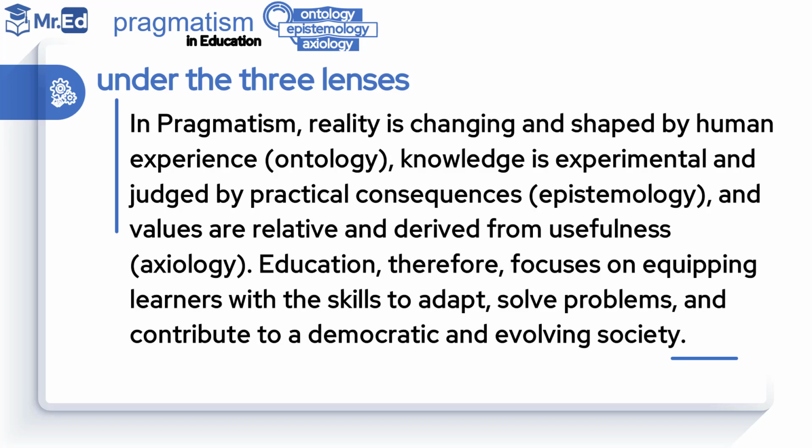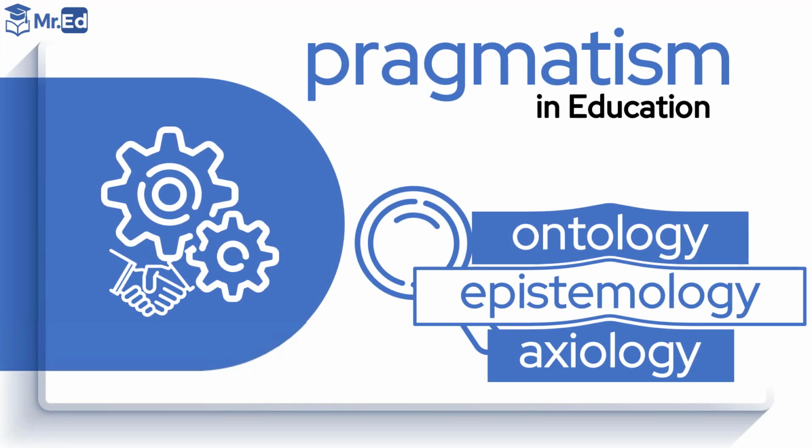Under the three lenses, in pragmatism, reality is changing and shaped by human experience. Knowledge is experimental and judged by practical consequences. And values are relative and derived from usefulness. Education, therefore, focuses on equipping learners with the skills to adapt, solve problems, and contribute to a democratic and evolving society. This is pragmatism in education under the lenses of ontology,